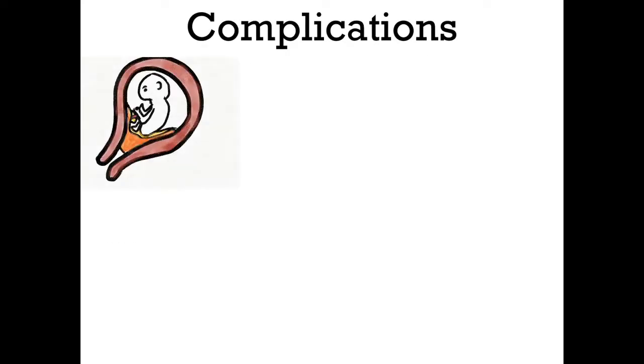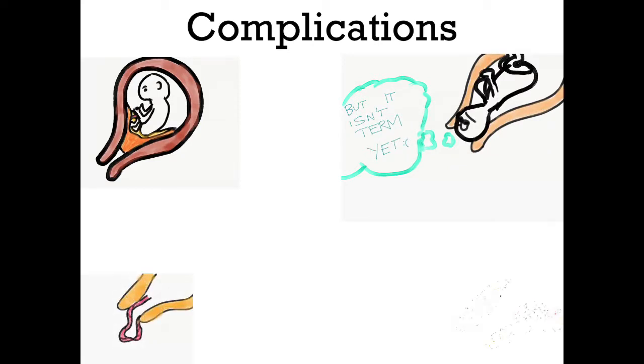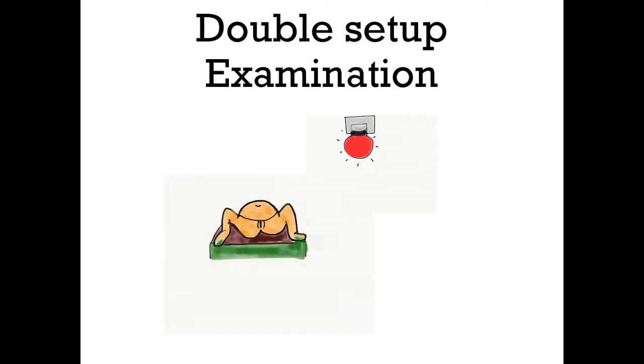The complications of placenta previa. There are high chances of malpresentation, the reason for which I explained already, and because of that, preterm labor can also happen. Cord prolapse is quite common. Retained placenta is another complication, which can in turn cause postpartum hemorrhage. So these are the important and common complications which you must know.